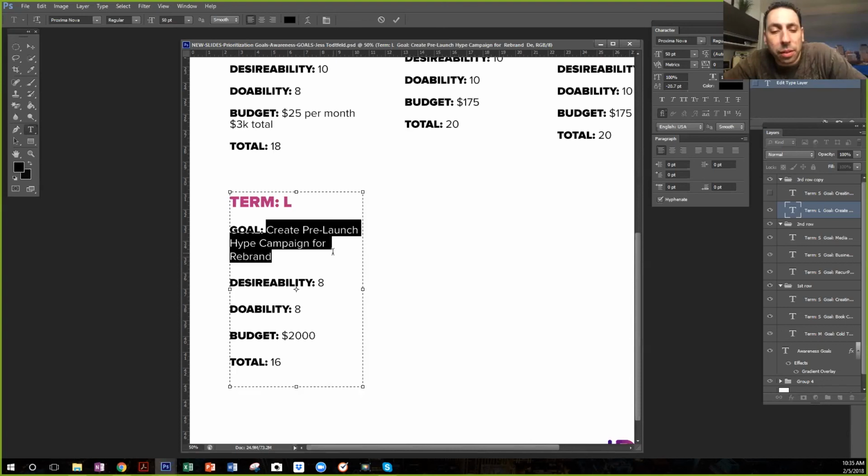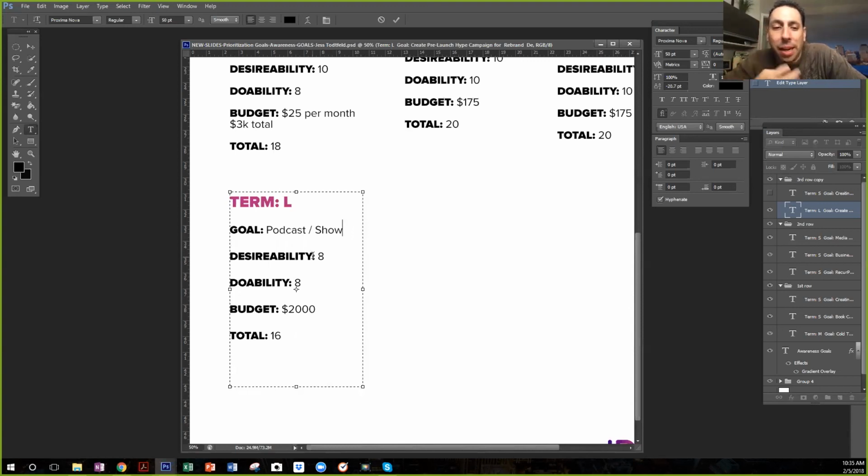So let's say podcast/show. Because in my mind, I would also push it through Recur Post and other places. Record it through Skype so it's both video or audio most of the time. Desirability. Since it's a longer term goal and I want to tackle the short term goals, I'm going to put it lower, even though it's fun. Although you said handing it off, but I'm going to give it a 6.